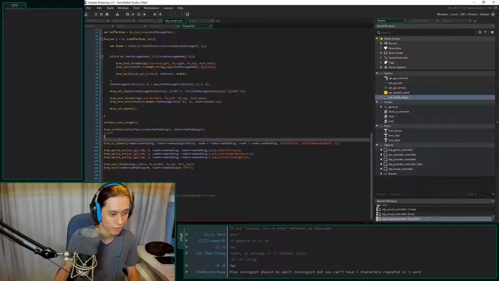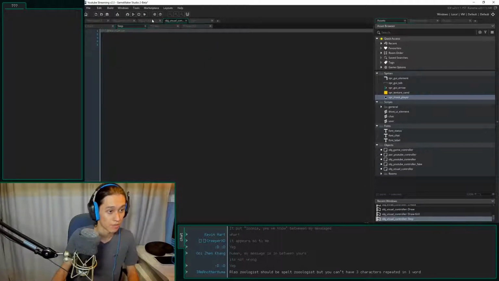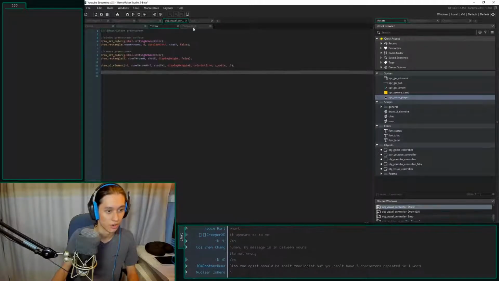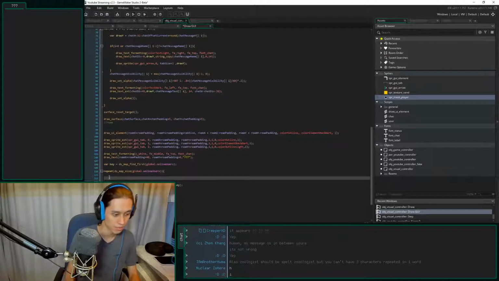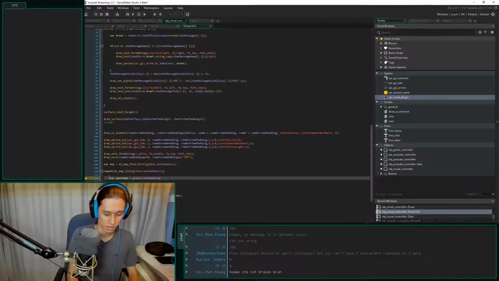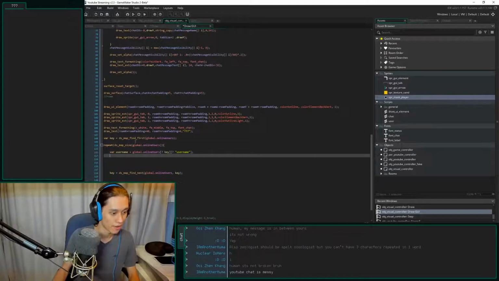Let's go ahead and... Okay, we've got a roaming area. Let us go ahead and do this type of thing. I just want to copy it from here, because that should give me the iteration of everyone. We do that. Key equals that. Okay, instead of this, we are going to do var username equals global.online_users[key]. And what we can also do in this new version is we can stack these together just like that, which is probably really awful. Yeah, but whatever. Let's get a draw y variable set up in here.